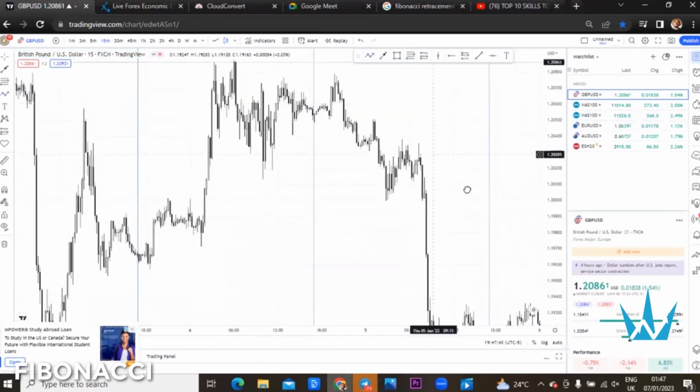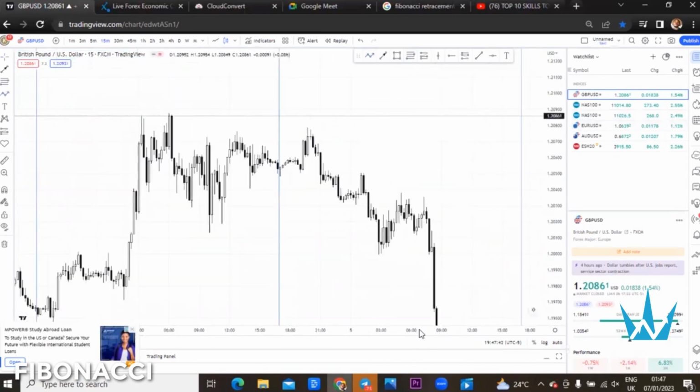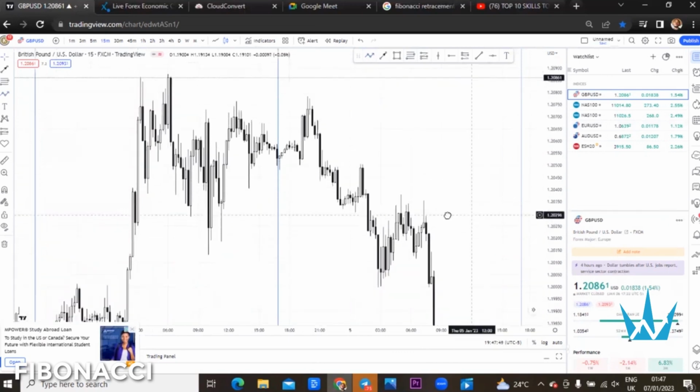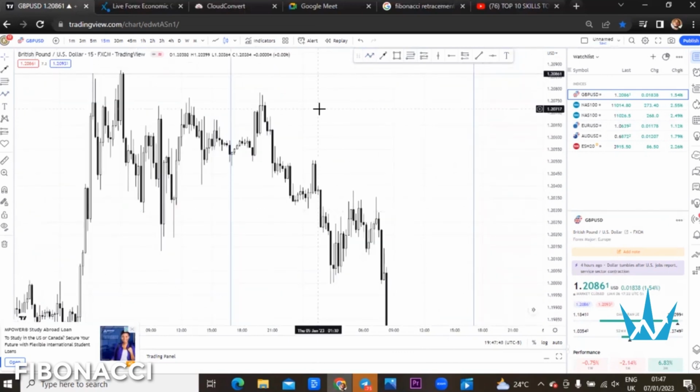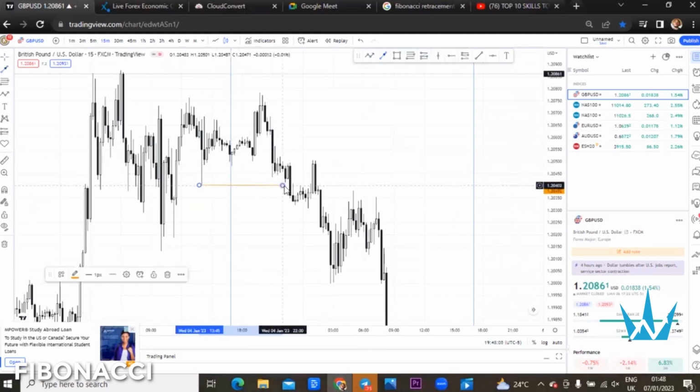Now we see a clean downtrend scenario, as you can see on GBP/USD 15 minutes time frame. This trend started here, and when it broke these lows like this, it broke this too. When it broke these lows, if you are going to get involved selling this, you're going to sell it from